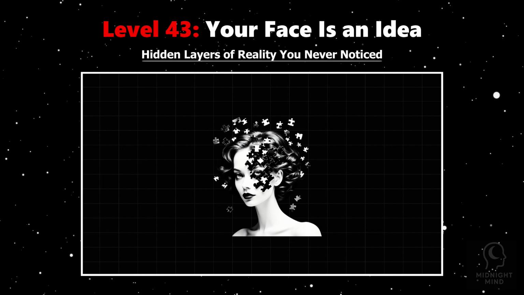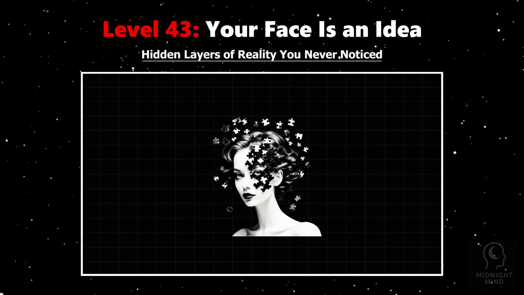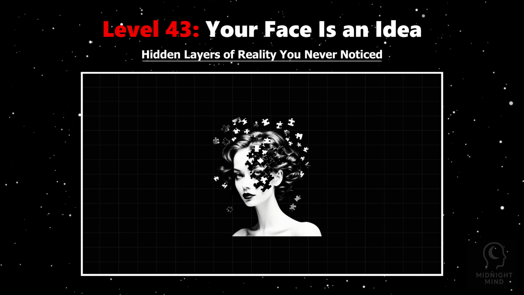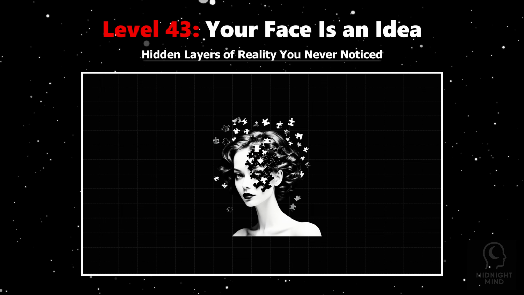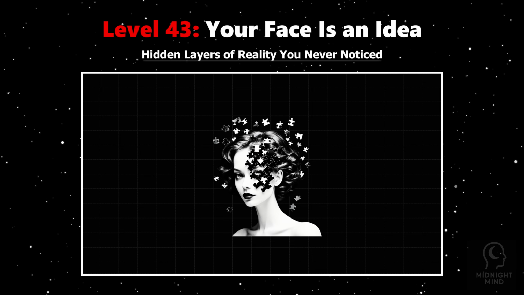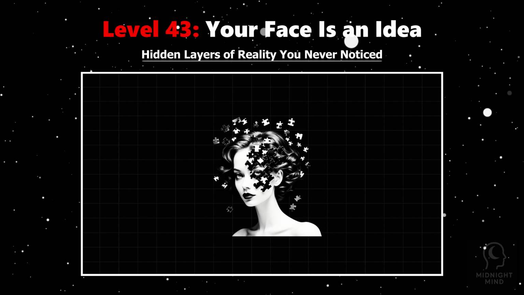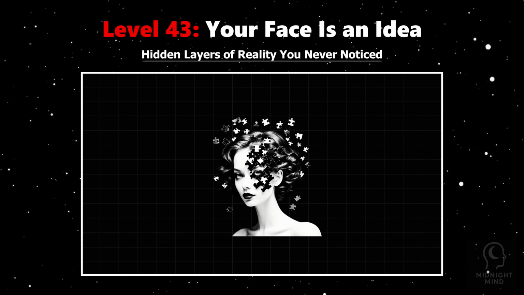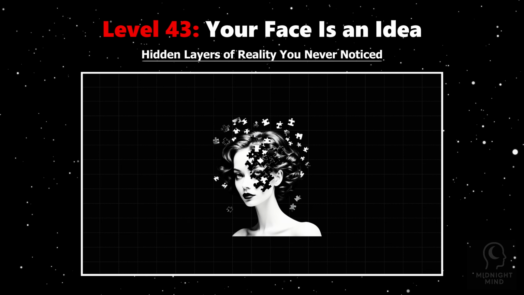Your brain stitches these fragments into a mental image, a collective fiction shaped by social feedback, memory, and culture. Psychology shows this mental image is fluid, often conflicting with how others see you, and influenced by emotions and self-esteem. This means your sense of your own face is less a fixed reality and more a constantly rewritten idea, an internal narrative constructed from partial and altered glimpses. Understanding this challenges the notion of a fixed self and reveals how identity is a shared creation, woven between your mind, others' perceptions, and the countless mediated images you absorb.